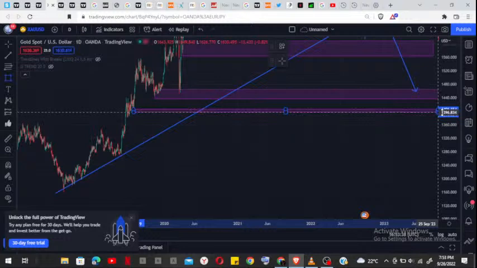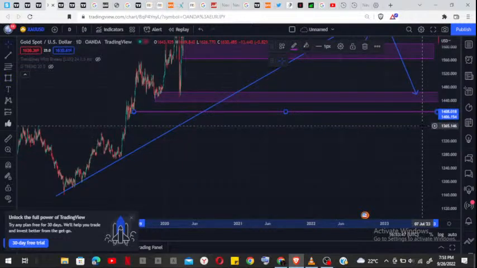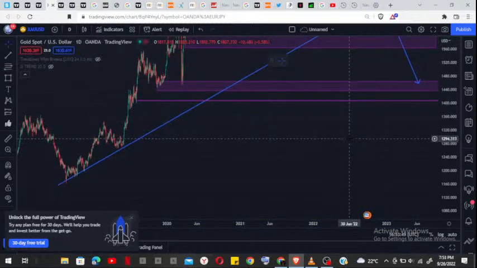It's not always okay to have a lot of drawings in your charts. It might confuse you, something of the sort, but if you know what you're doing, then it doesn't really have to be a big deal. Yeah, so